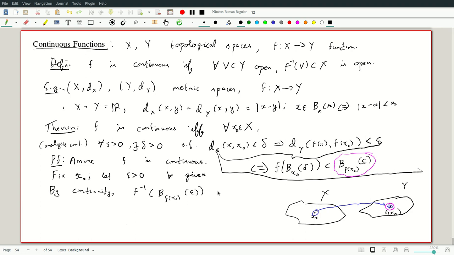So this is open. And what we know is x, of course, belongs to f inverse of the ball around f of x0 of radius epsilon. Okay. So by definition of the metric topology,